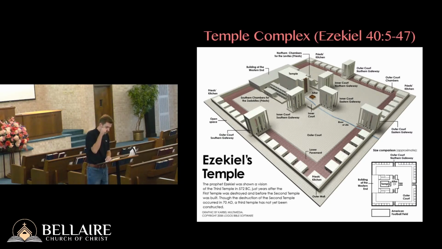Why not? In Ezekiel 40 and verse 5, we start our description with a wall. It says in verse 5, "Behold, there was a wall all around the outside of the temple area, and the length of the measuring reed in the man's hand was 6 cubits, each being a cubit and a handbreadth in length. So he measured the thickness of the wall 1 reed, and the height 1 reed." So we're given our